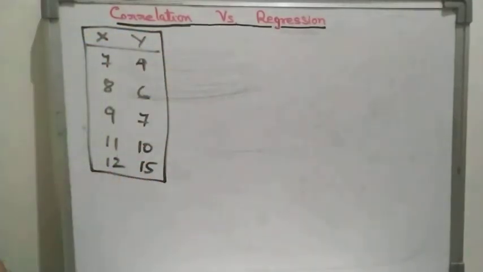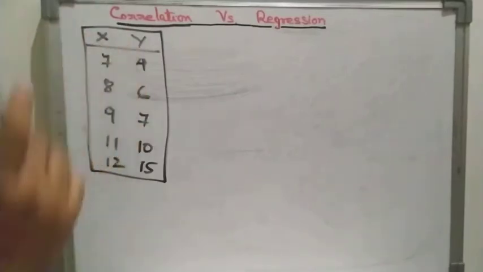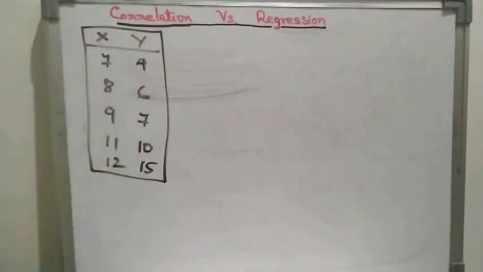There are two ways. One is mathematical, another one is the graphical way of finding correlation between the two variables, which is called simple correlation, just because we are studying two variables here. We can use either the scatter diagram method or calculate the coefficient of correlation to find the relationship between these two variables, whether they are positively related, negatively related, or there is zero correlation. We can find it easily.